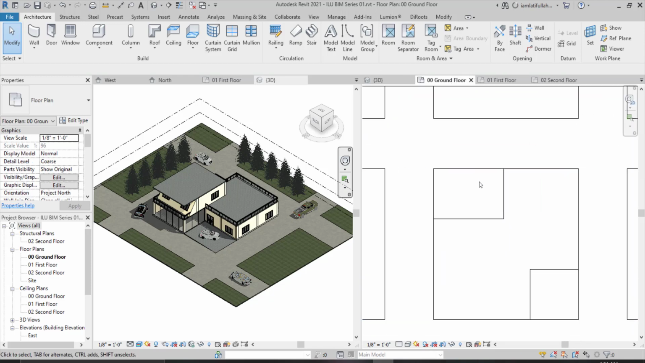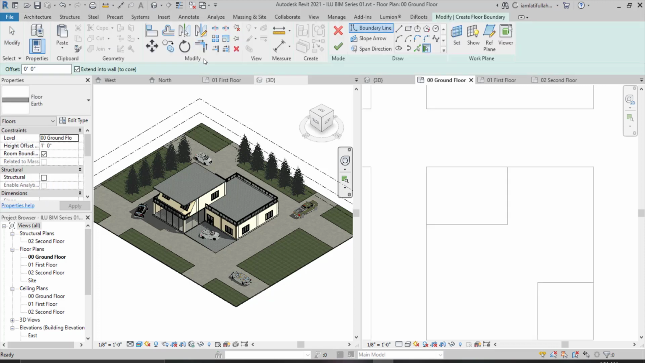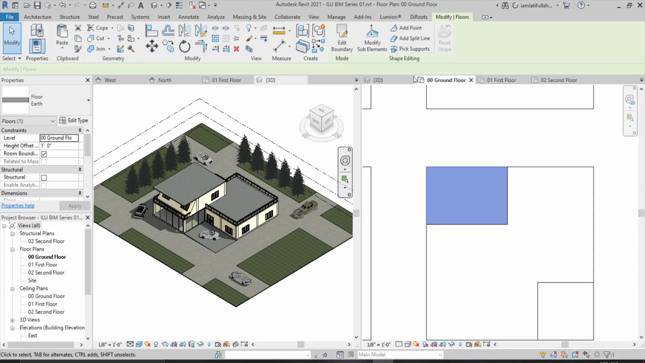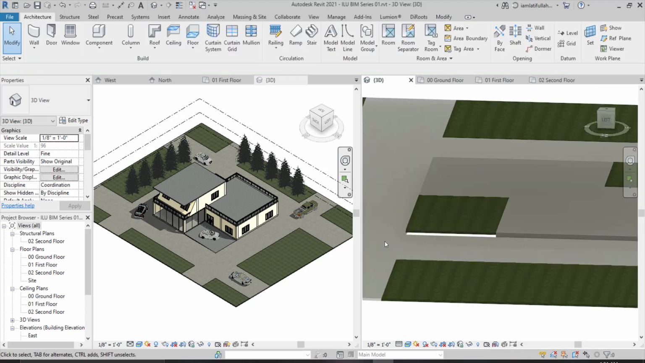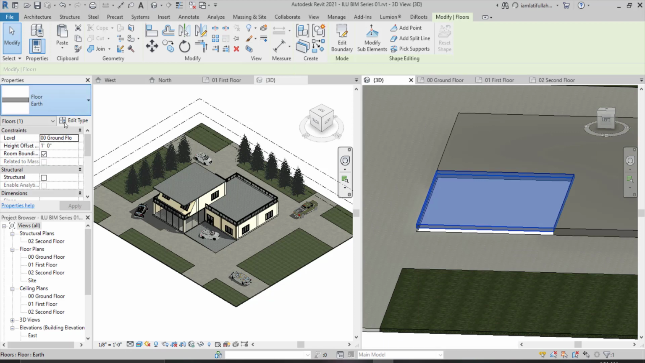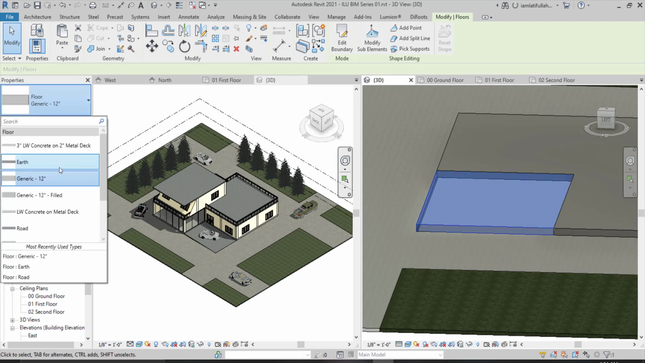Let's add our ramp here. So for ramp, let's go back to floor and add our floor here as a rectangle, and I would show you how you can decrease the slope on one side, on this side. So when this is done, let's click on OK and then go to the 3D view, and you can see that we have this similar. Okay, let's change it to 12 inches generic. Okay, and let's change this to perhaps filled one,